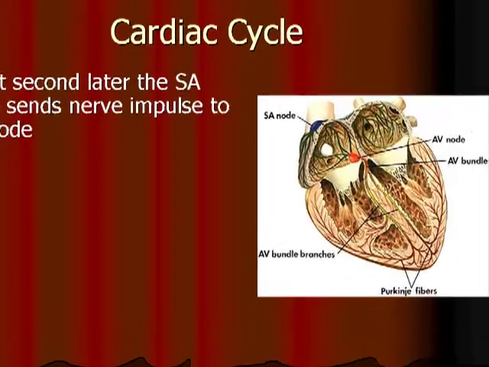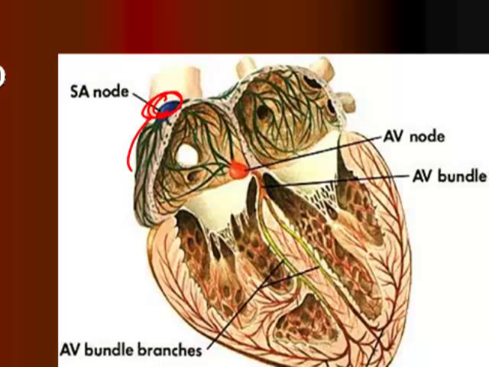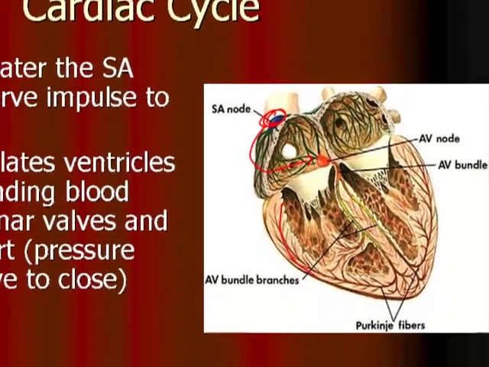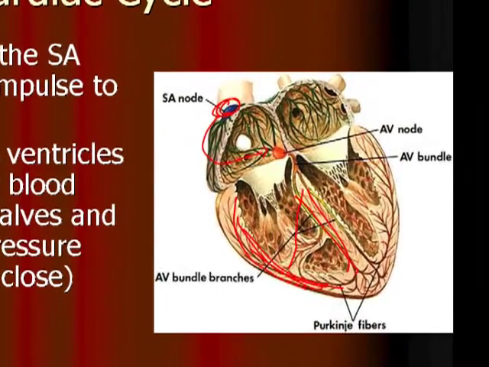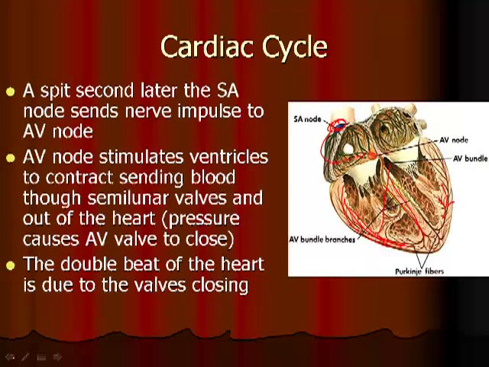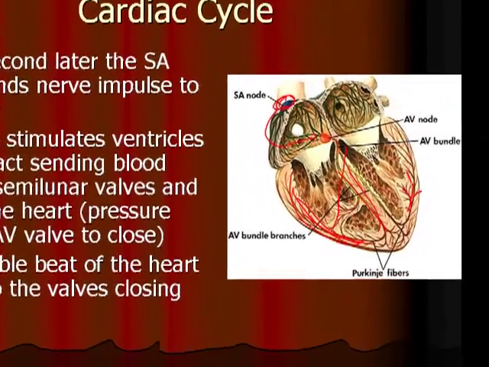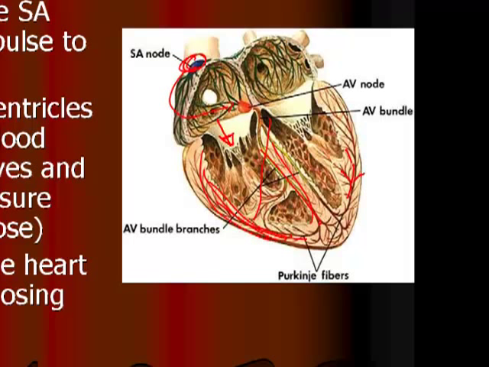A split second later, the SA node here sends a signal to the AV node to contract. So this blood gets pushed, because of this contraction of the right ventricle, up and through the semilunar valve, and out to the lungs. Just another little note of interest: the double beat of our heart is not actually due to the contracting of the heart. The double beat is the valves closing. Once the blood goes through these valves and stops, the valves slam shut, and that's the thub-thub